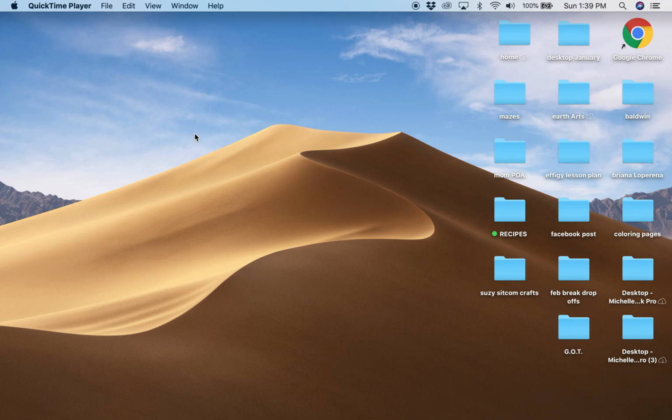Okay, let's do this. So I am going to show you today how to use the Wacom Tablet. First, you have to plug your Wacom Tablet into the USB drive on your computer, which can be found either on the keyboard or on the back port of your Macintosh. Everybody should have a pen, and the pen also has two buttons on it. The top button should be set to act as your right click, and the bottom button is acting as your